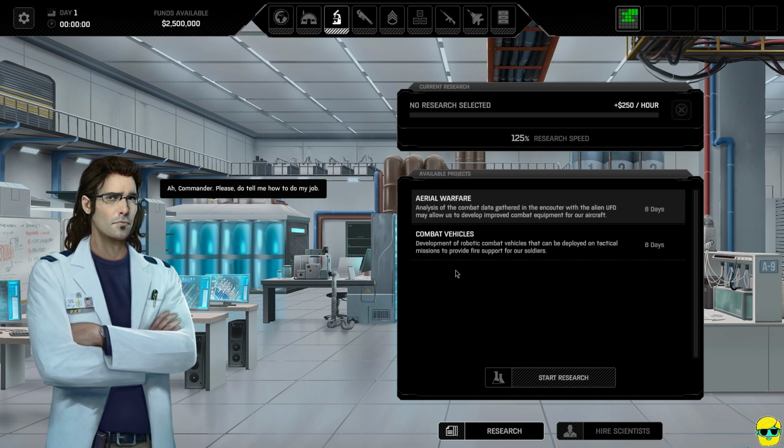All right. So what do we want to research? Aerial warfare or combat vehicles? Wow, robotic combat vehicles that can be deployed on tactical missions. That's awesome. But no, go